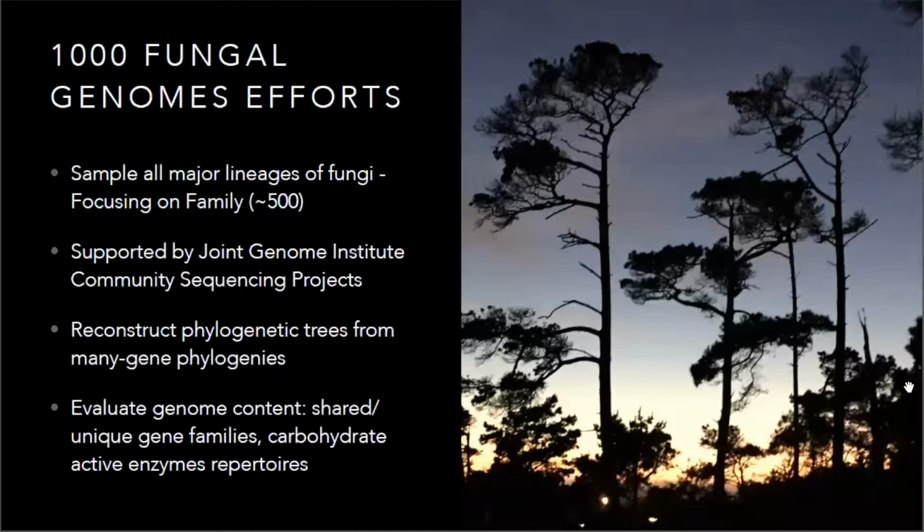And so the initial goals are to better reconstruct the phylogeny using many gene phylogenies, not a 6-gene phylogeny, but also to look at how the genomes evolve, look at how they change in content, look at things like how carbohydrate active enzymes have changed, which relate to how organisms get their nutrients, but also other aspects of their biology. So I'm going to give you a survey of some of the things that we've done. I'm going to indulge myself a little bit and talk about some side projects that I think are interesting that were related to some of these investigations, and then tell you one story about